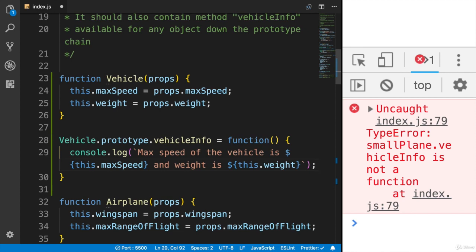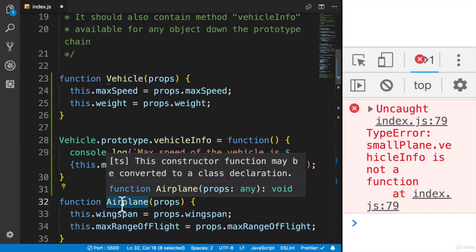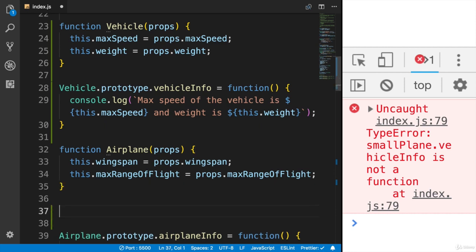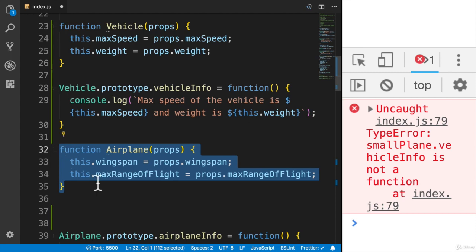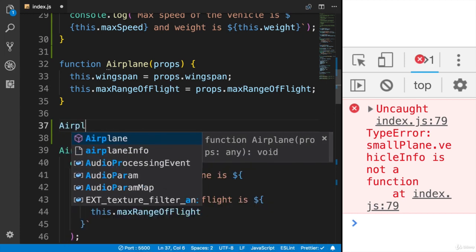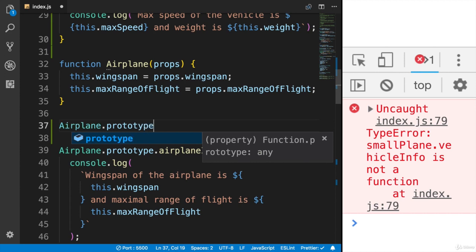We need to insert this vehicle.prototype into existing prototype chain. And vehicle.prototype should be prototype for airplane.prototype. Let's modify airplane.prototype here. Here is the best place to do that after this function declaration and before this assignment, where we create new method of airplane.prototype. Okay, airplane.prototype equal to